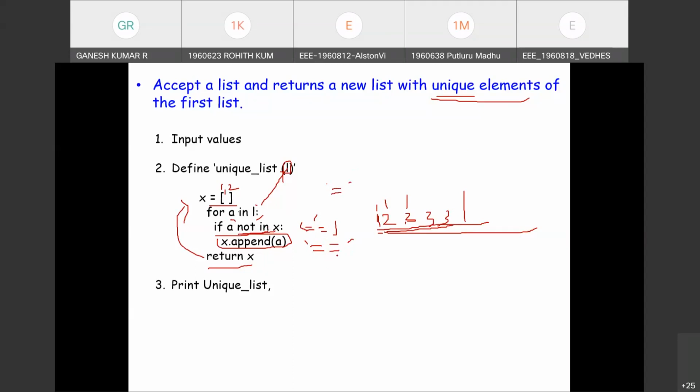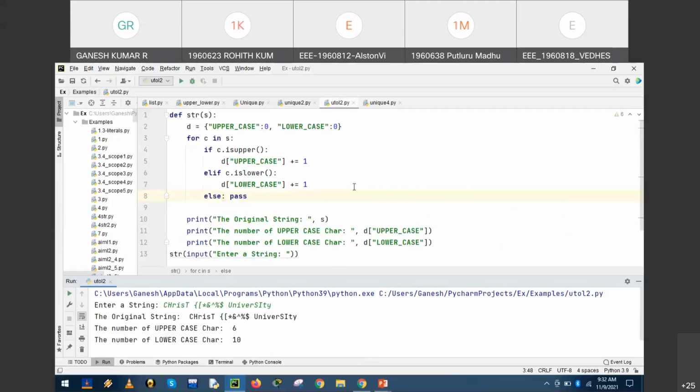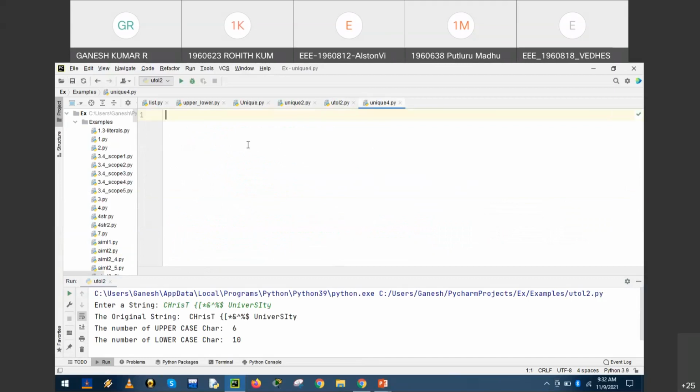Got it? So let us check your program. First we define the function name UNI underscore list, and the parameter, let us take a simple L, right? Print the statement, the input list.